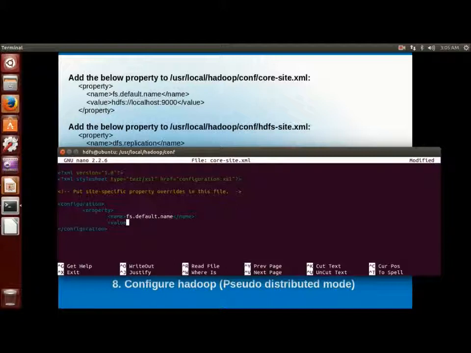Okay, the default port number is 9000. So hdfs://localhost:9000.